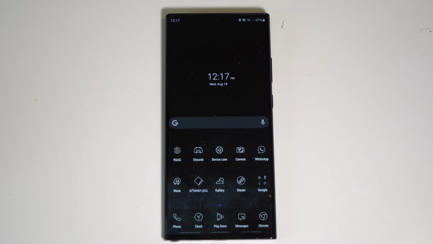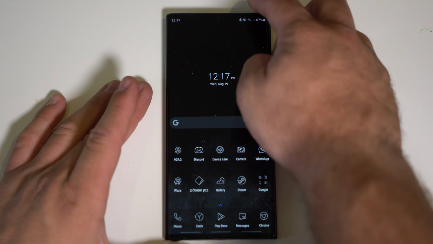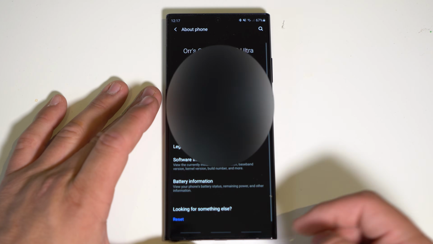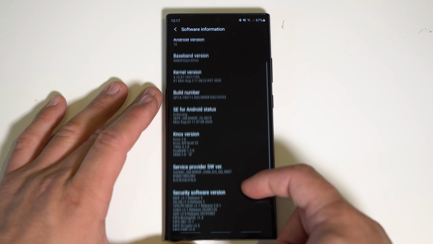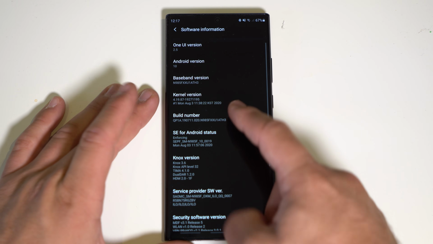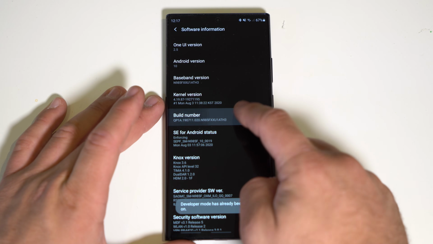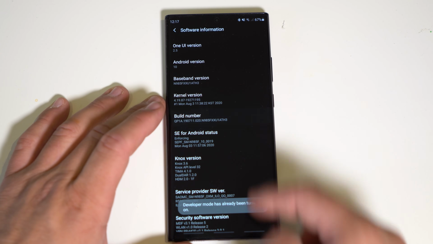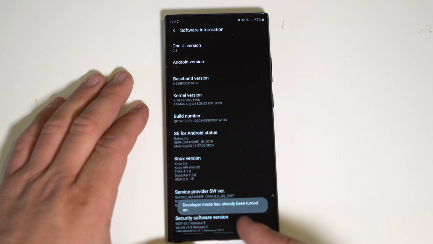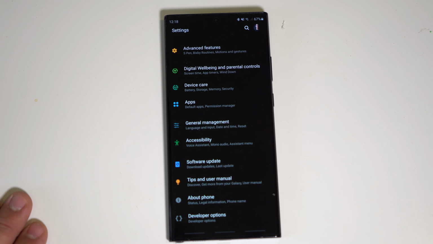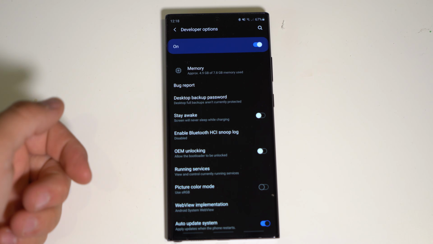So the Note 20 you see in front of you is currently on beast mode. So it's currently running all the optimizations that I'm going to show you today. So first one is going to settings, about phone, software information. Then you go over here to build number and keep tapping it until it says you're a developer. And as you can see, developer mode has already been turned on. You will have this new option called developer options. So you just tap that and go down